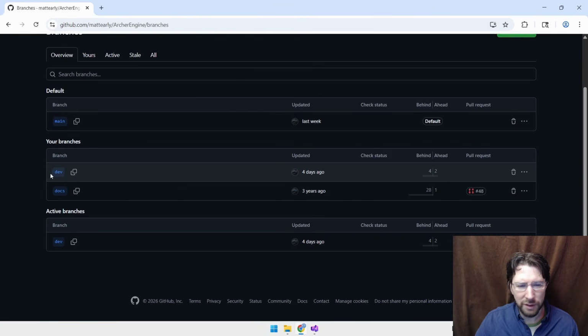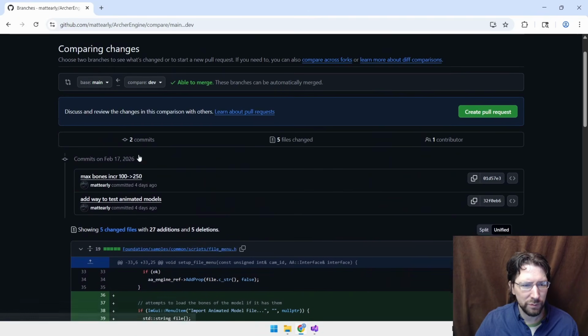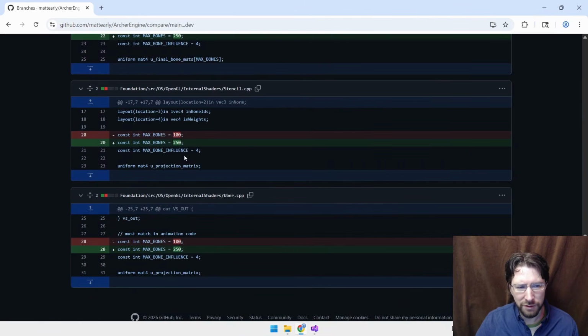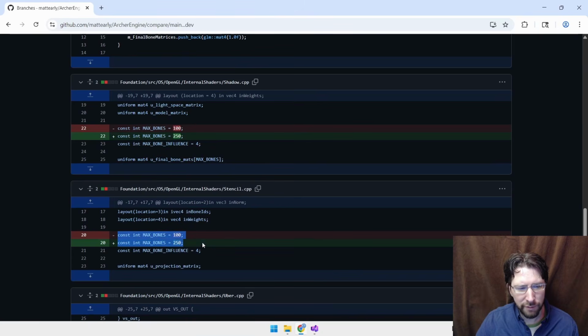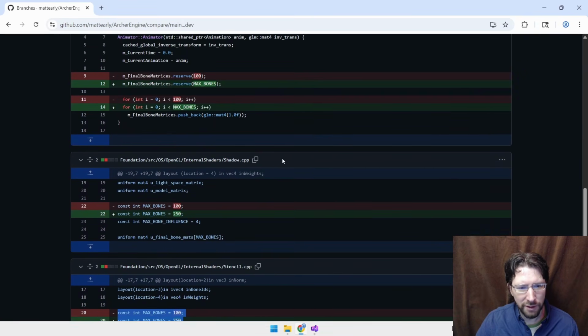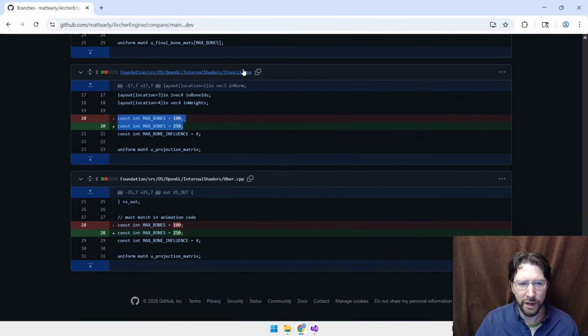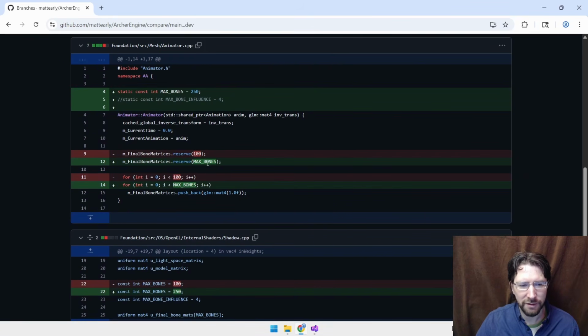Let's see, what was my last update here? Yeah, I've been adding a way to test animated models, increase max bone size. I don't know if I pushed these to main yet, but you can go in here and see what you have to change by just referencing where I changed everything. See, there's all these shaders that all do a calculation of the bones. So the shaders are like working overtime. They're animating for the shadows, the stencils, and everything. And it's a bit redundant.